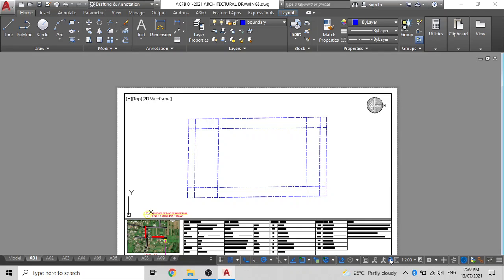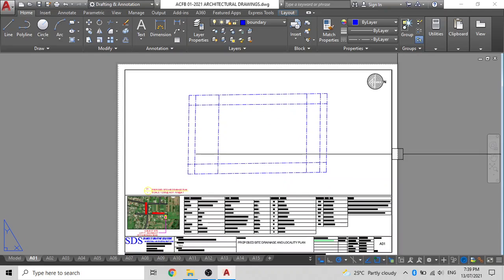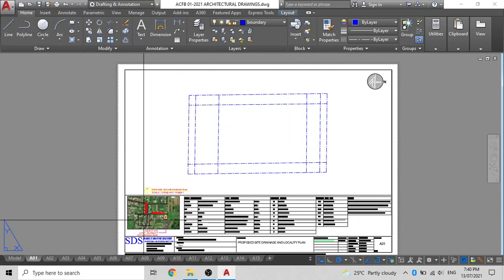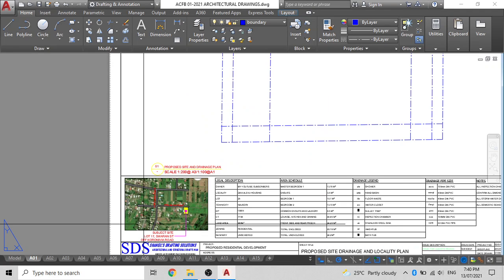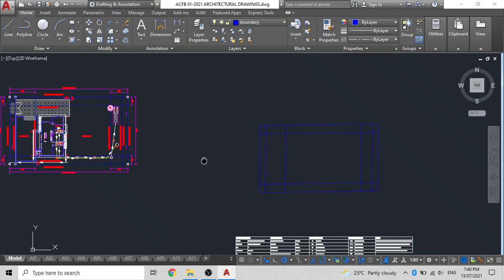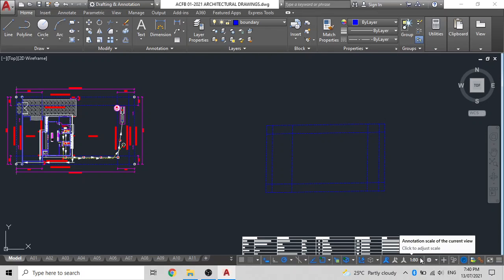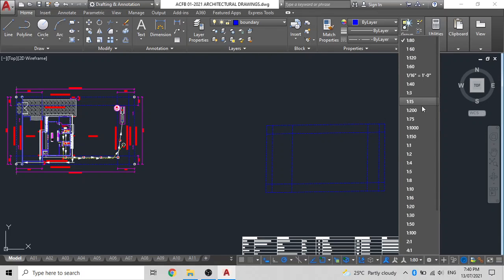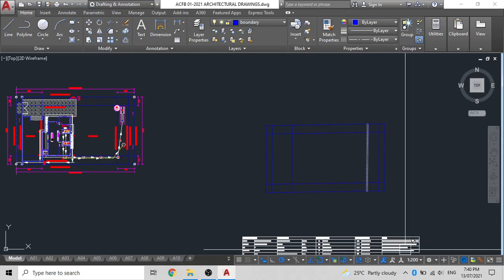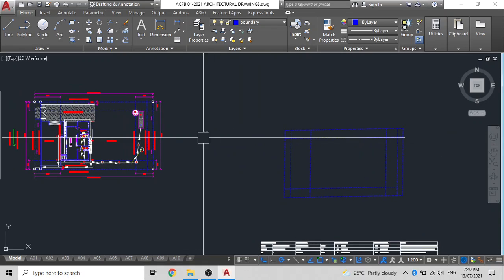So we'll put it to 1:200 and then we'll lock it there. You can add the north point and the site locality later on as well, no problem there. So we will change this scale to 1:200 so that our annotations will fall at 1:200 and we do not have to create any more.